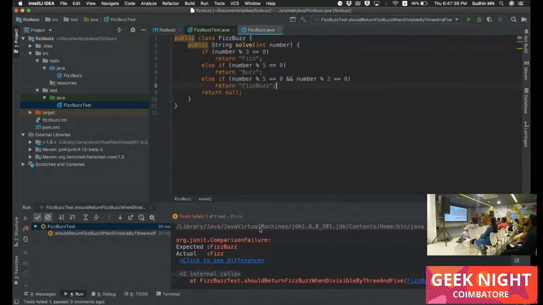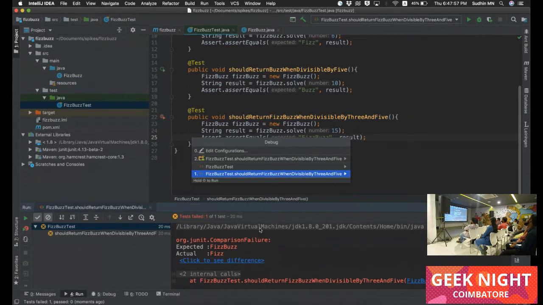Actually it is Fizz. So as you see, you write and you get feedback for each and every statement you write. So you move this above and write an else case. Now what will happen?